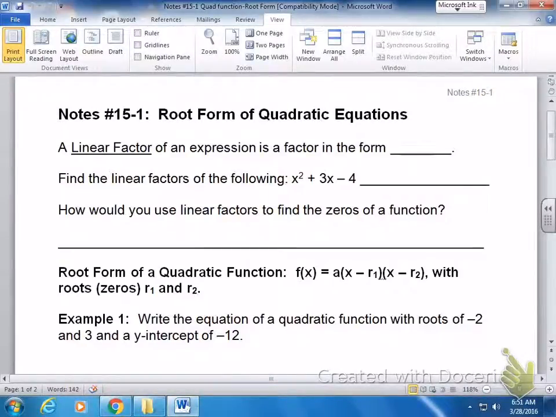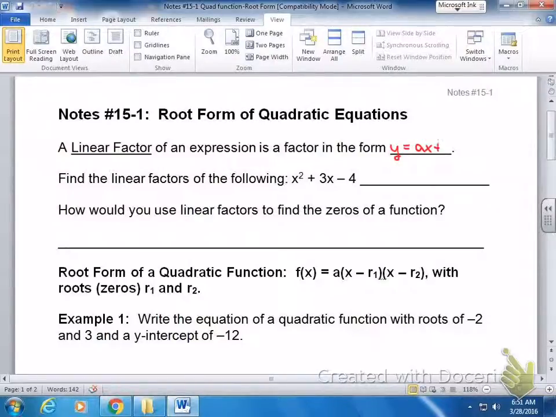All right, guys, so we're starting a new chapter today. We're going to be writing equations of quadratics. The first one, 15.1, is over the root form of quadratic equations. The first thing you need to know is what a linear factor is: an expression in the form y equals